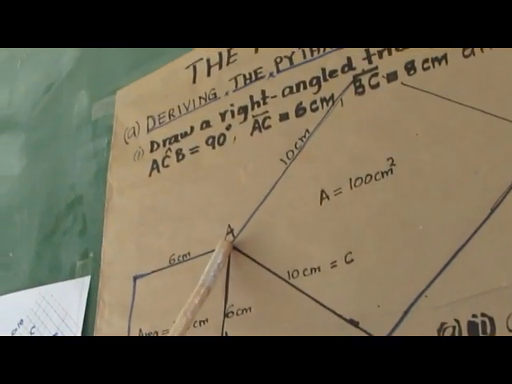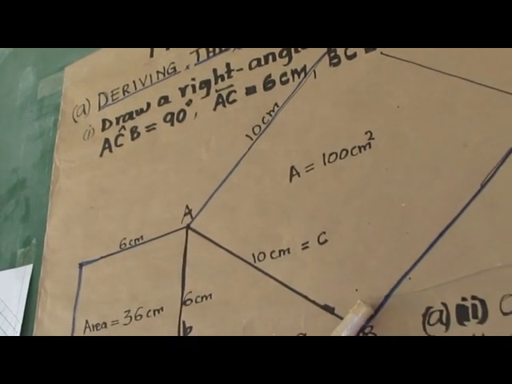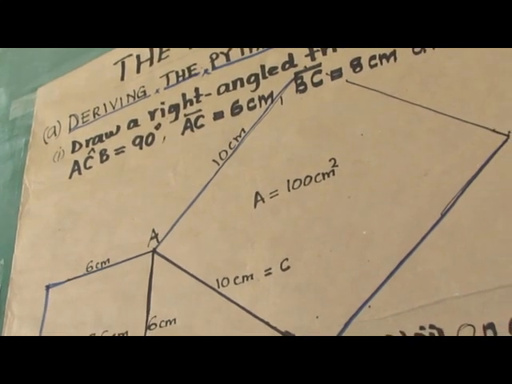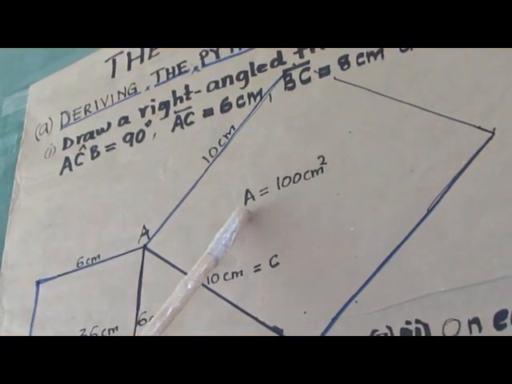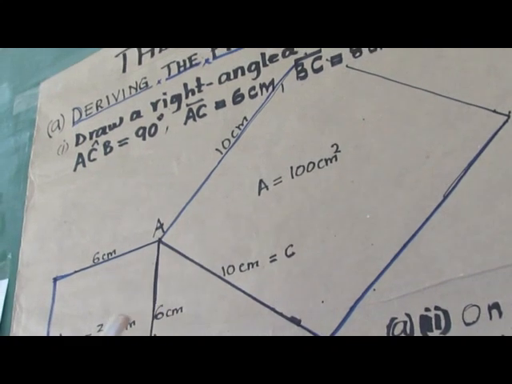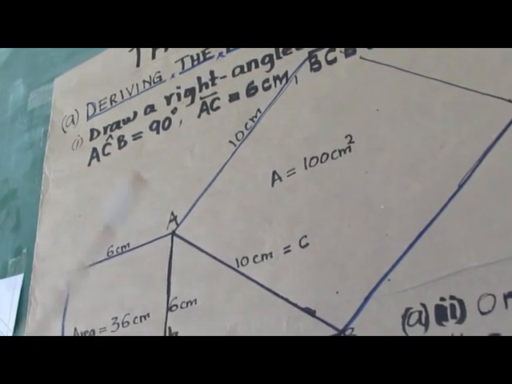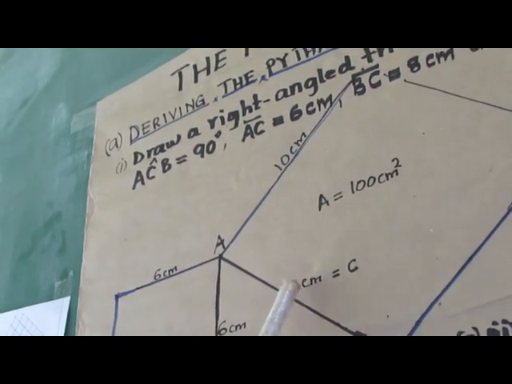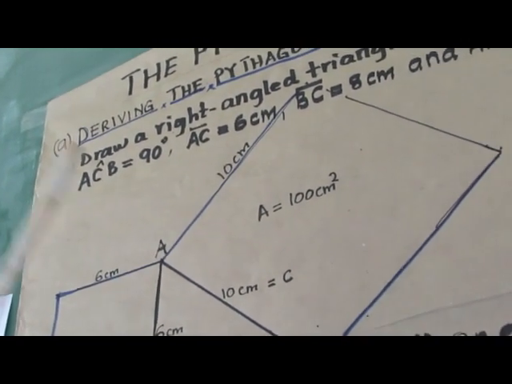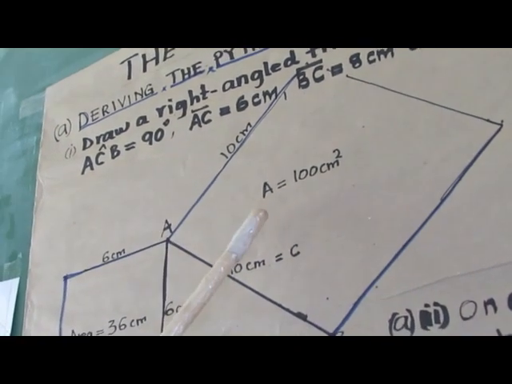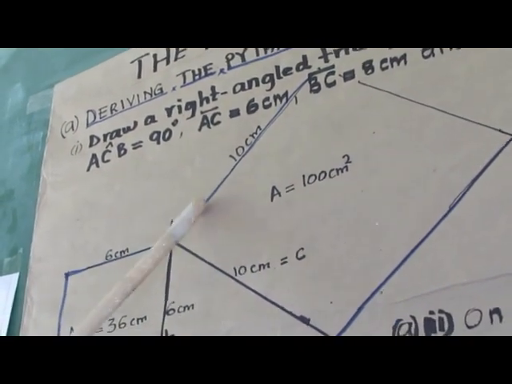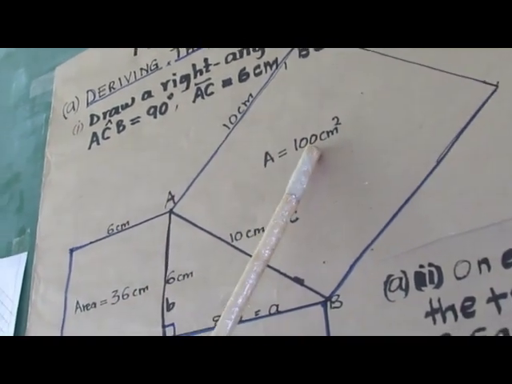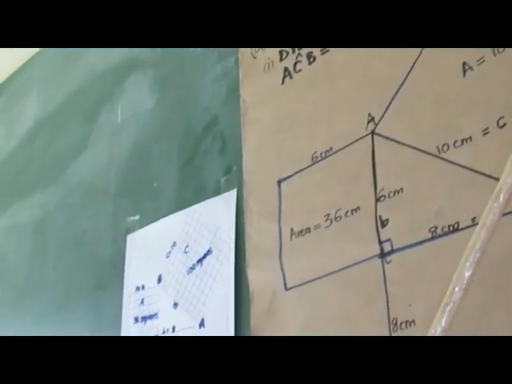Then let us move to the third one here. The square which is formed by using the side AB, which is the hypotenuse. It seems that this square is the largest one compared to these two squares. The size of this square is 10 centimeters by 10 centimeters. So the area of this square, which is length times length, is 10 times 10, equal to 100 centimeters squared.